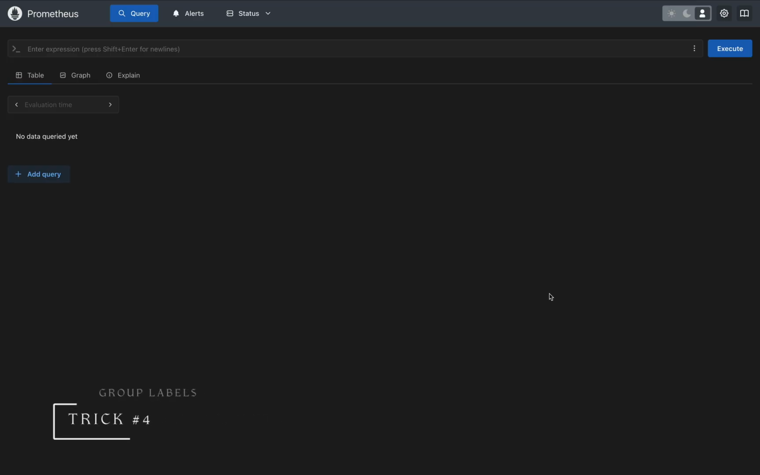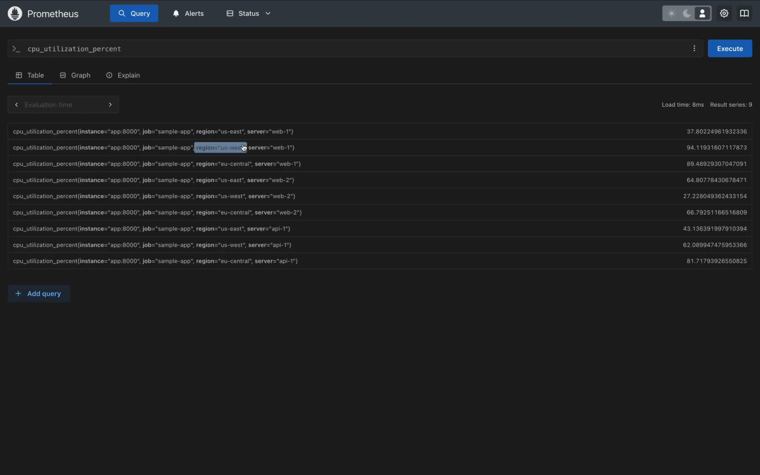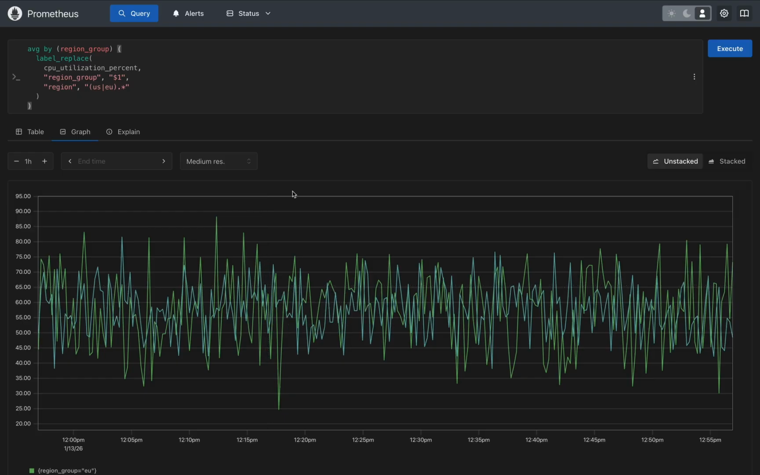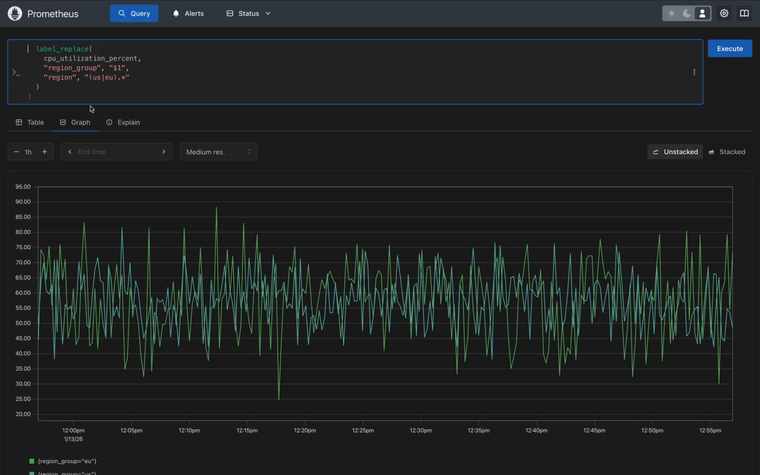It could also be useful to group labels into one on the fly. For example, the CPU metrics I have are split per region. Using the label replace function, I can group all US regions into one label and all Europe regions into another. This query takes the average using a new metric called region group, and now I can see the average CPU usage per country, not just split regions. And if you want to see how label replace works,